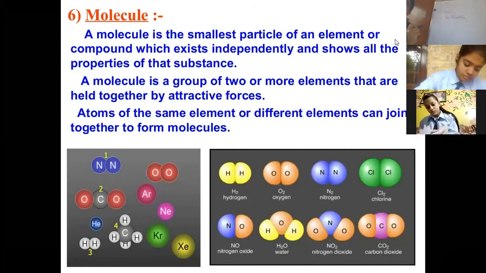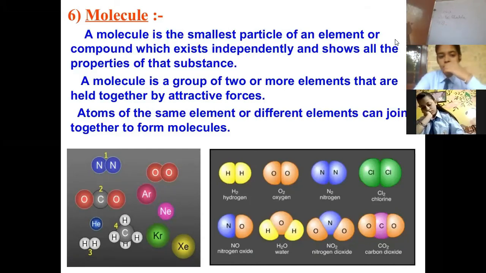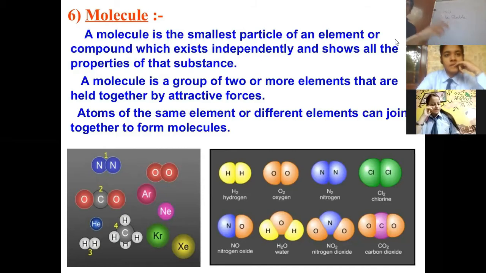And what is the criteria for being stable? The criteria for being stable is to have 8 electrons, and for hydrogen and lithium to have 2 electrons in its last shell. This is the criteria for an atom to be stable, to achieve the octet or the duplet configuration. If we have so many shells like K, L, M, and the K shell is the last shell, then those atoms can be stable by having 2 electrons in their last shell.